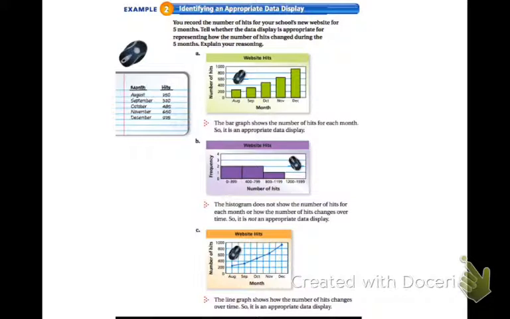So it doesn't show the number of hits for each month and how it's changing over time, so it's not appropriate. And then when you look at C, the line graph, again, broken up into each month individually, the intervals are all the same, so we can see that the hits are changing over time and it would be appropriate. So now what we're going to do is look and see if we can take the same data from the